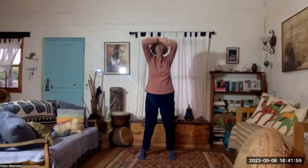See how far you can stretch back, keeping your chin tucked in. Your tailbone drops, so you lengthen your spine at the same time and coming down. Ooh. Right, shake it out. So instead of knocking on the door of life, we're still going to do a